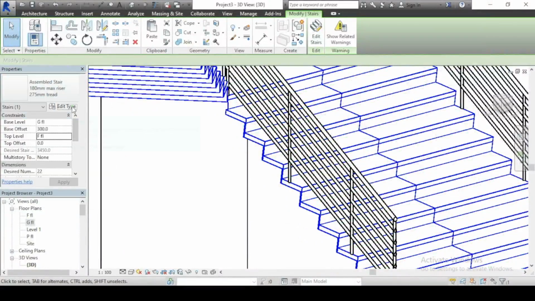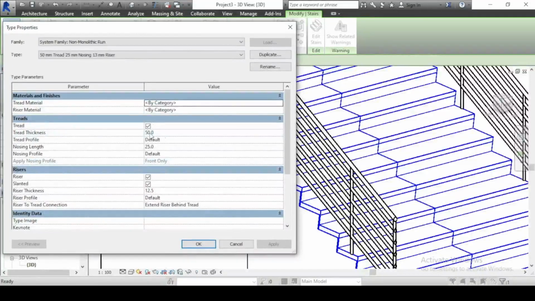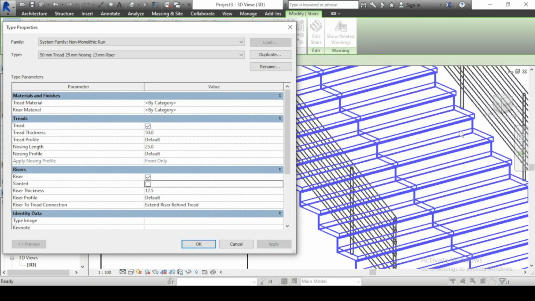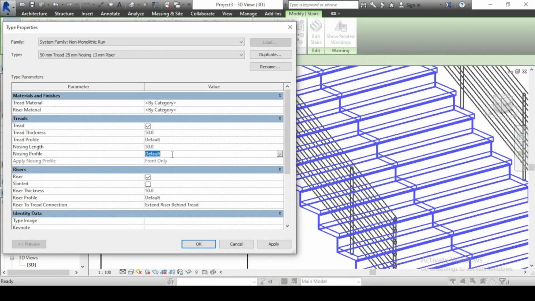And then I'm going to try to also edit some areas. I'm going to edit the run type. This is where you can edit the nosing, and every other thing. You can edit the riser size and every other thing. So I'm going to remove the slant so that Revit will not slant my staircase, and then set the thickness of the nosing. This is a projection of the tread above beyond the riser end, and then the riser thickness will be 50, the same as my tread. So if I apply it,